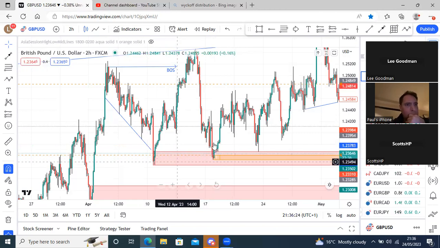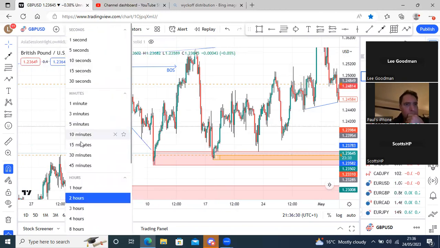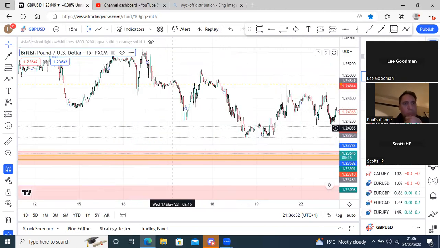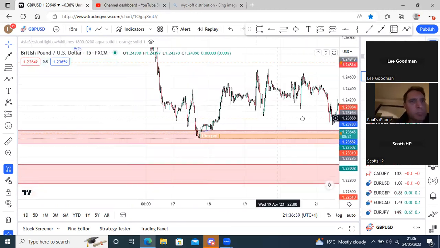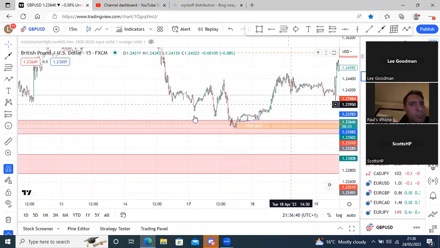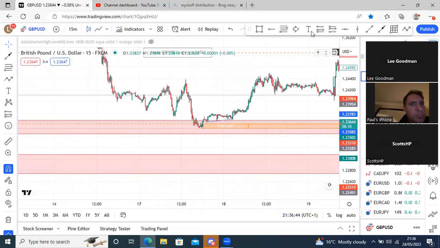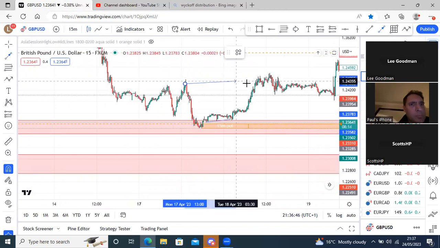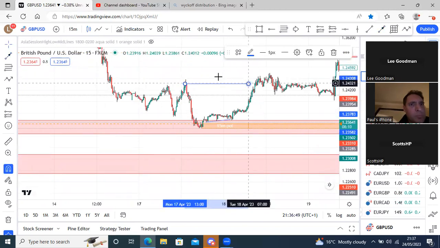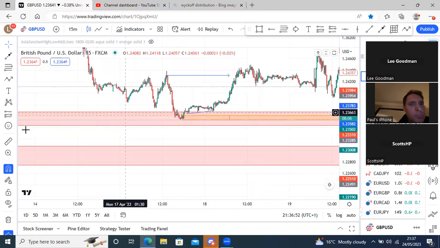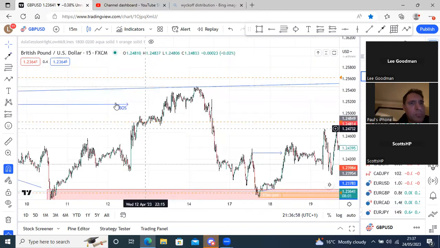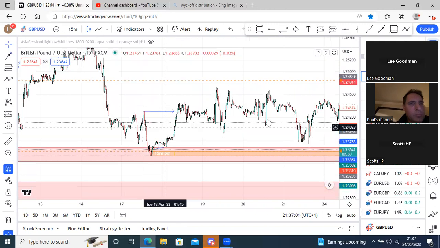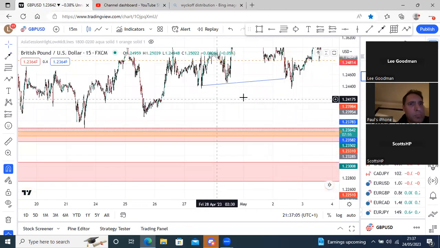Once it comes back into this, I always wait for a 15-minute break of structure. So as soon as price is here, I'll be looking at this and going, price breaks above that. That's the 15-minute structure for me. That's the higher time frame telling me it wants to go up. We broke structure on the 2 or 4 hour here. The 15's telling me it wants to go up. Then when it eventually comes back,